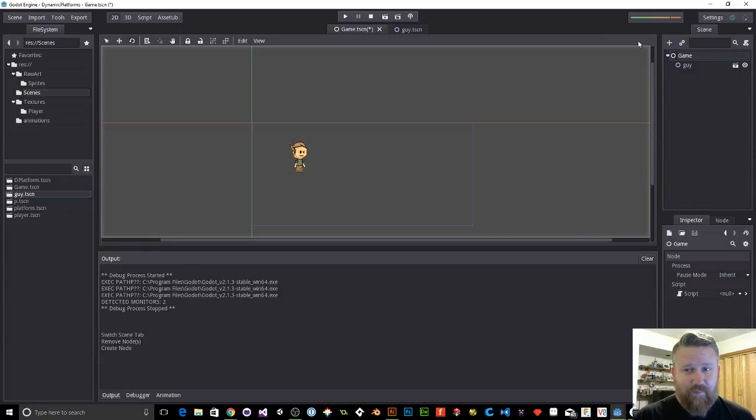If the Godot programmers are listening, what would be really awesome is if there was no parent node selected and you drag something over, it defaulted to the root node. That would be great if you could do that. Okay, anyway,